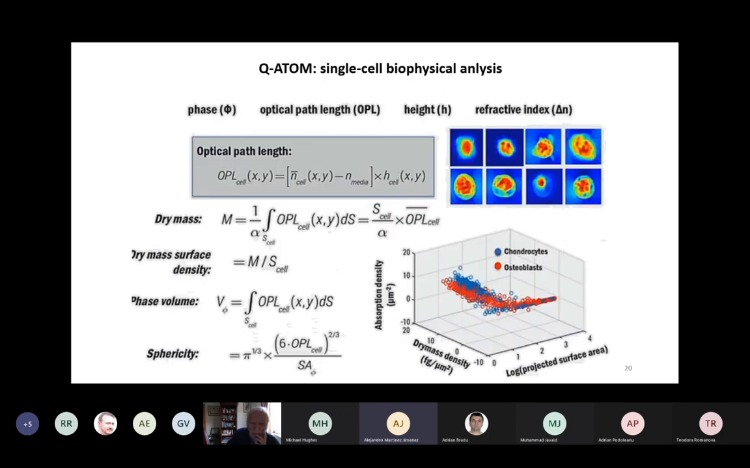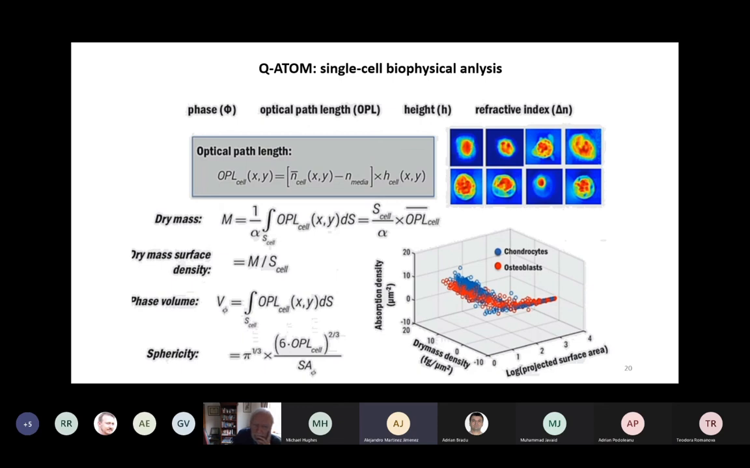So after getting this phase image, they obtain some parameters for single cell biophysical analysis, which are all based on the measurement of the phase, optical path length, the height of the cell, and the refractive index. From these parameters, they can further derive some biophysical parameters of the cell, like the dry mass, volume, density, phase volume, and sphericity of the cell. Using these parameters, they try to study the label-free quantification of different cells. This is an example of hypertrophy of